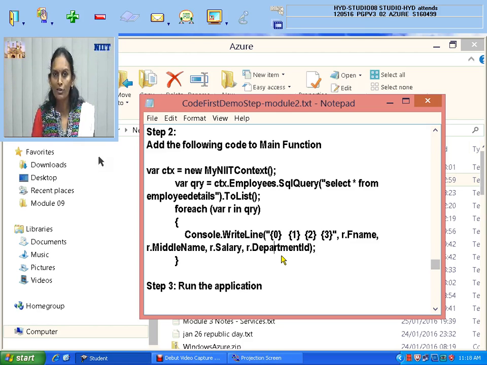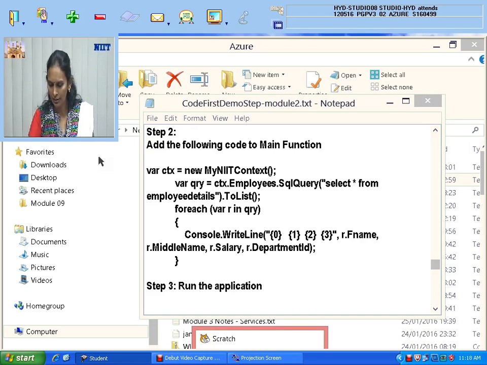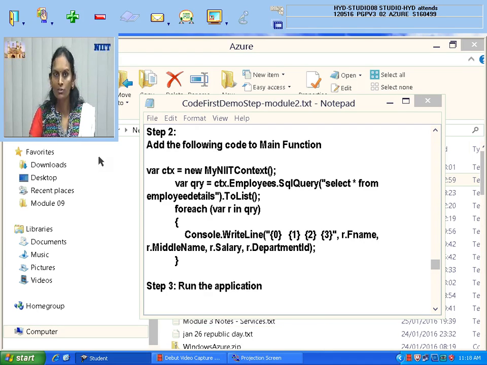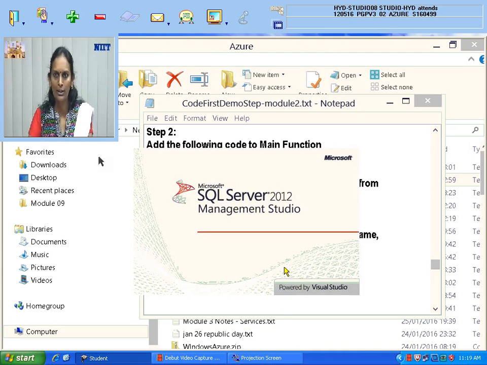So now what are we doing? Using the direct SQL statement, we are trying to retrieve the data from your table. For your knowledge, I will open SQL Server, which we have already created. We created one database last class. The same database I will open, show the existing records, and show how to retrieve those records using direct SQL. Not only that, I will also show insertion, deletion, and updates using direct SQL.